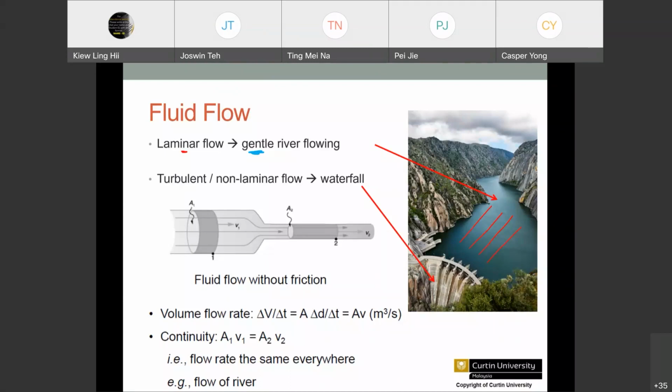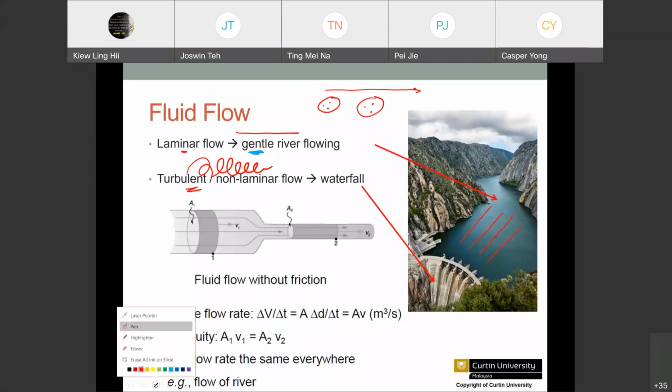Because imagine if you have turbulence flow, you will imagine the flow is not straight line like this, but it will be up and down, rolling or very erratic. So if the flow is very erratic, then you will have the possibilities to get cross-contamination. Let's say if you have 2 plates of microbes, if the flow is laminar, then it will flow bypass all the plates, right? But if the flow is erratic, like this, then perhaps from this plate, the virus will be brought from here and touch your another plate. So that will be cross-contamination.